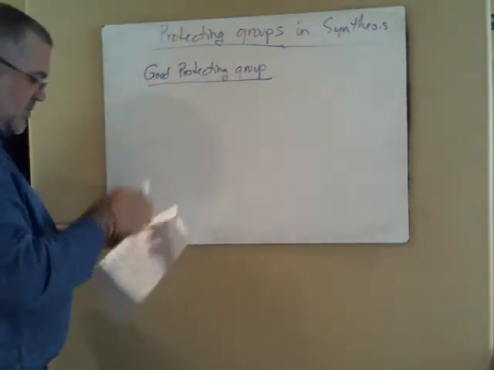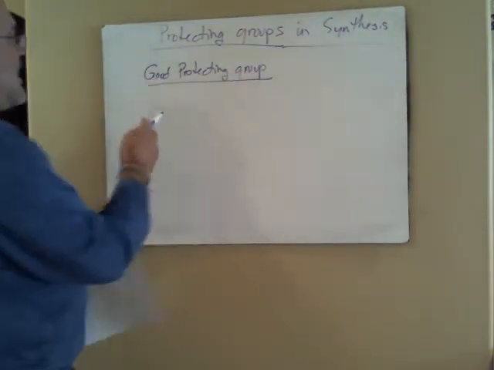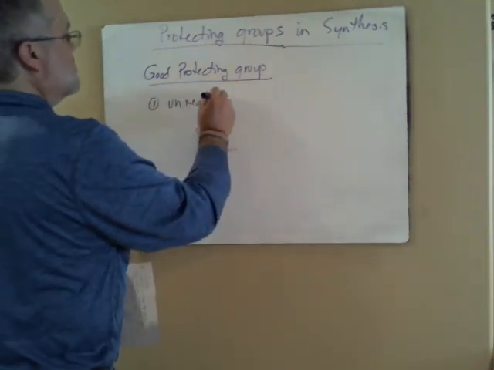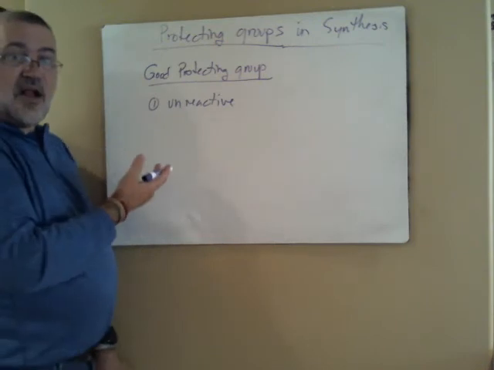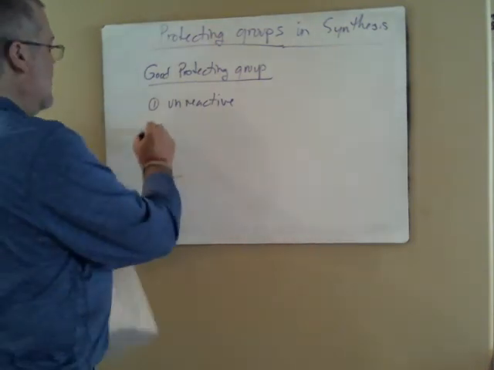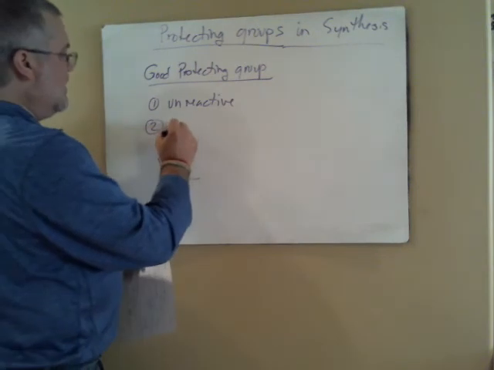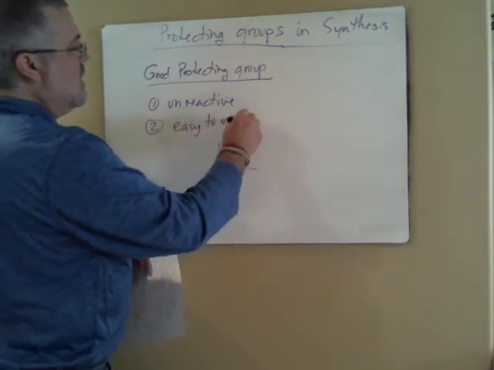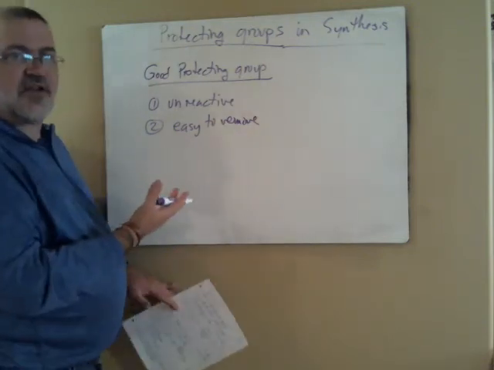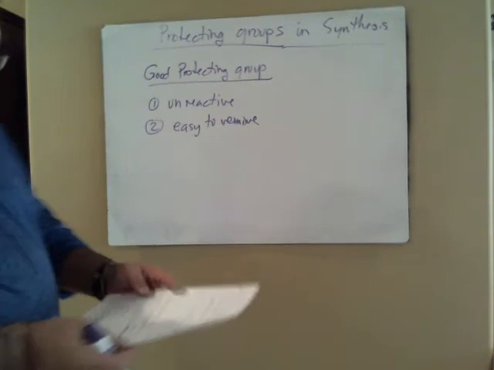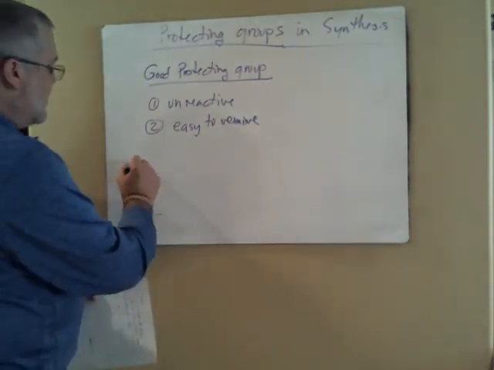We need it to be unreactive. So once it's introduced onto the molecule, we need it to be inert to as many things as possible. But we also need it to be easy to remove. And that is kind of the contradiction that seems to exist. Okay? But the great thing about TMS ethers